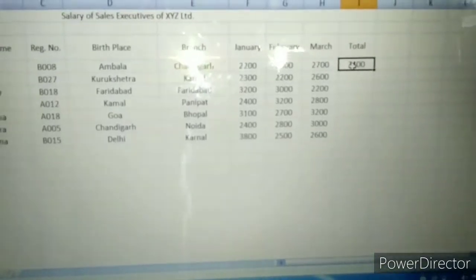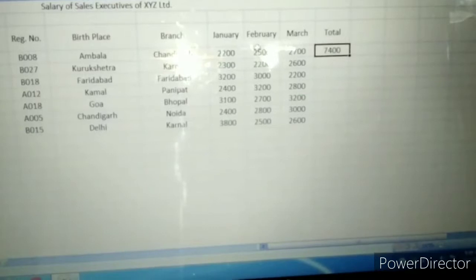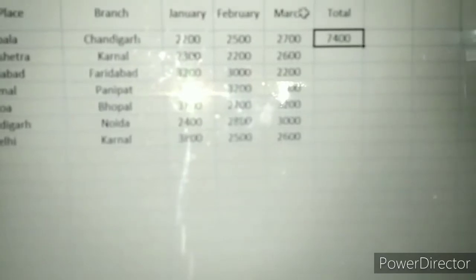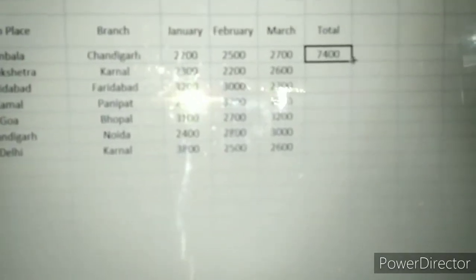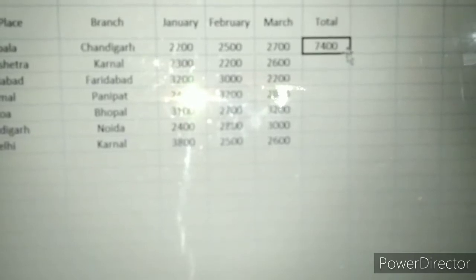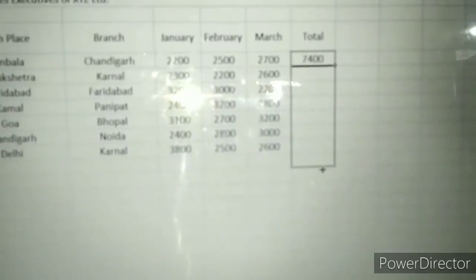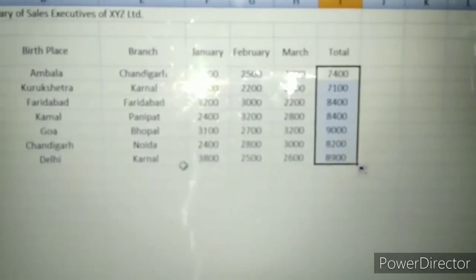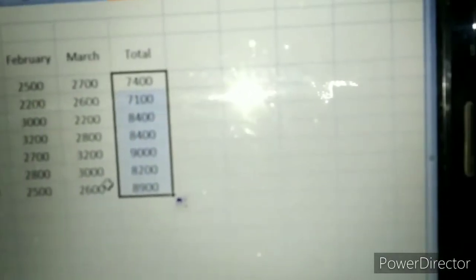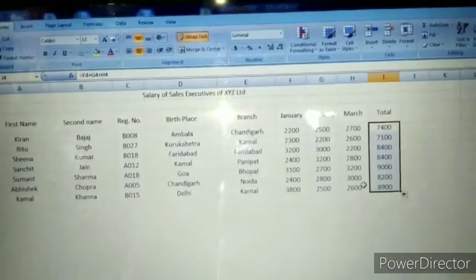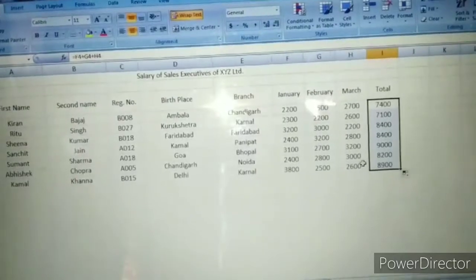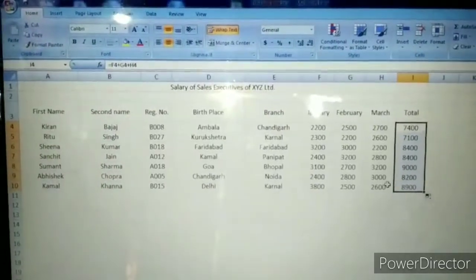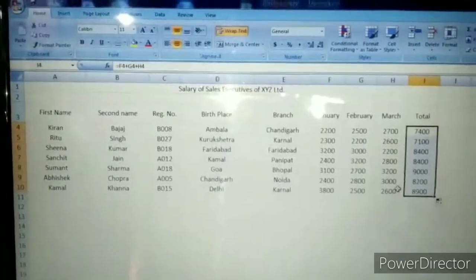You see automatically F4 data, G4 data and H4 data are added. Or if you want the same thing, you can just select and drag, and all rows automatically give the total result. Okay, so first we prepare this Excel worksheet. Please save this, after that you will work on this file.